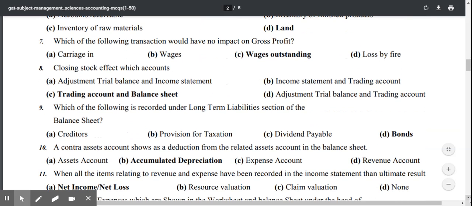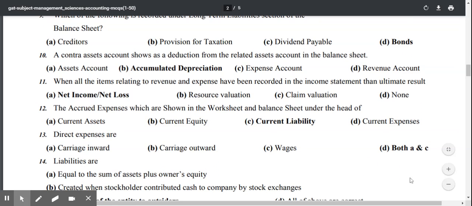This is the management test, the accounting portion. I'm going to do the 10th one now. So the 10th MCQ is